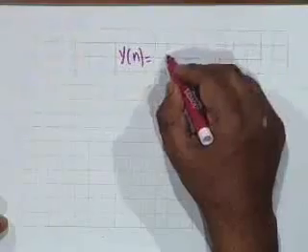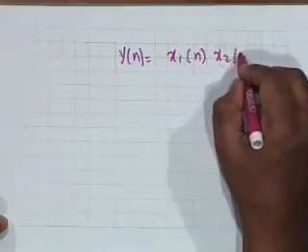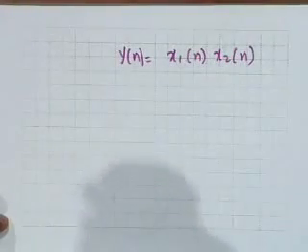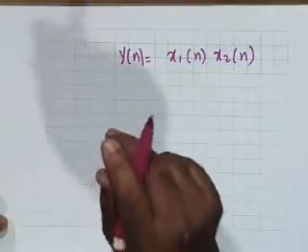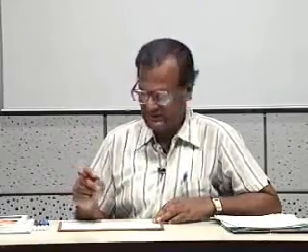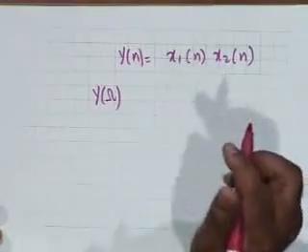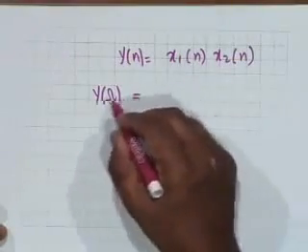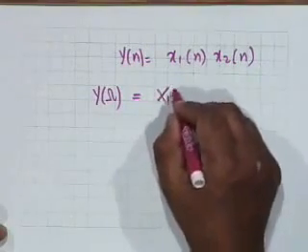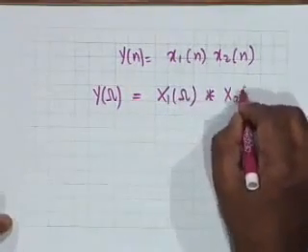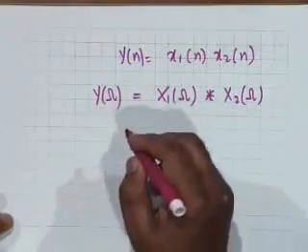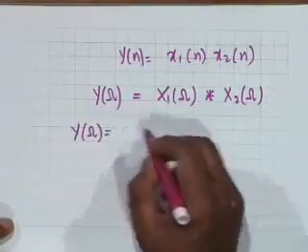Finally, we talk about the modulation property. That is, if y of n is x1 of n multiplied by x2 of n, in the continuous time case you saw that if a signal is the product of two time signals, then the Fourier transform is the convolution of the two spectra. This is exactly so in the discrete time case also, and what happens is Y of omega is simply X1 of omega convolved with X2 of omega, and it is extremely simple to prove this because capital Y of omega is